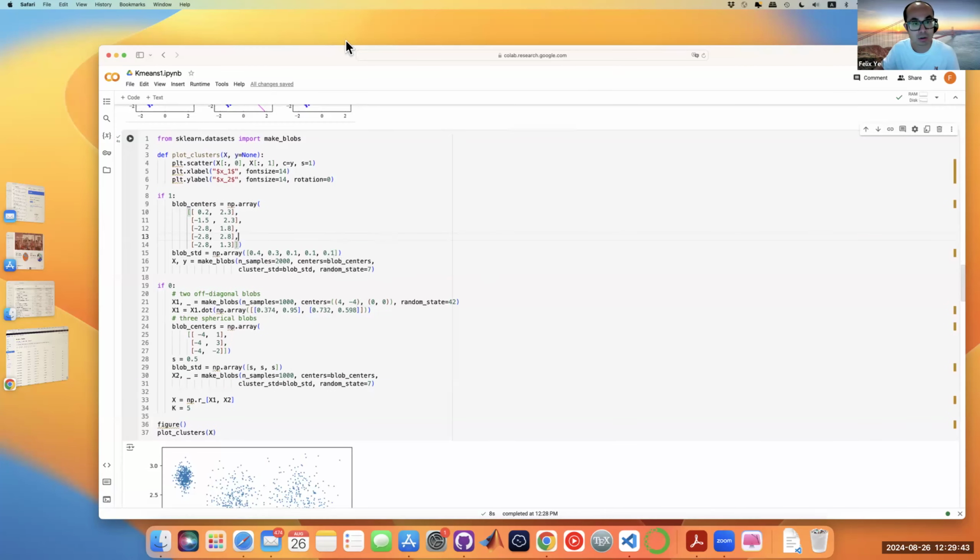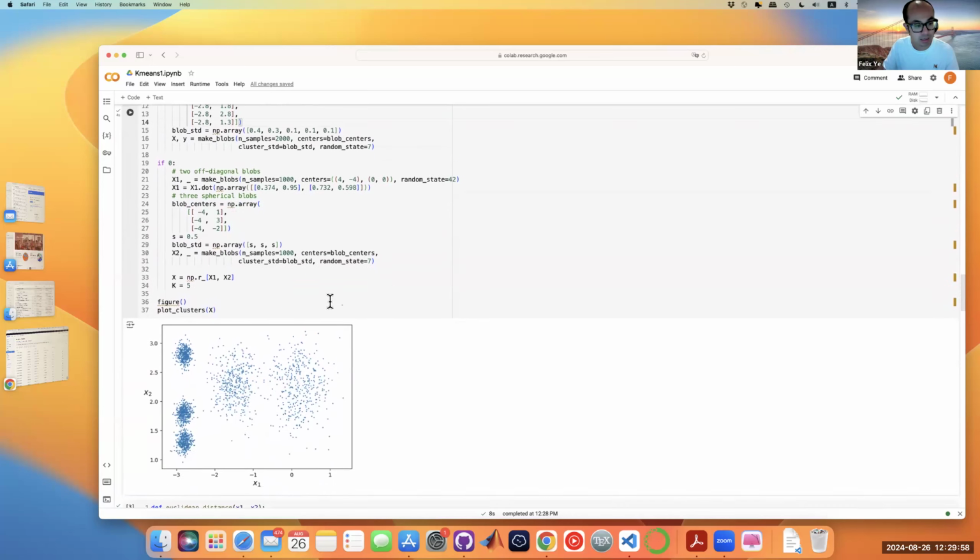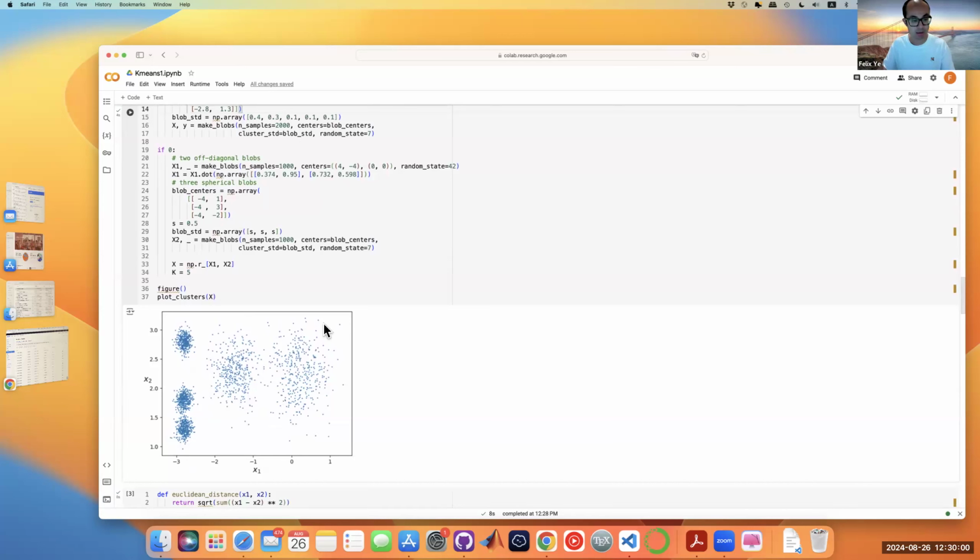First things first, this is the data that we're going to work with. You can change this to 1; this is 0, which means it is muted for this specific data. You can see this is our data. We have 1, 2, 3, 4, 5 different clusters. So this is quite difficult